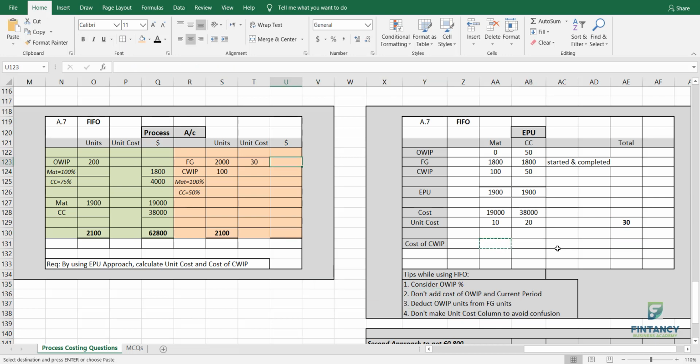So we will remove everything here like this. Okay. So we are here. See, we got the unit cost 30. Now, don't make this mistake of writing 30 here. Why? Because I told you the fourth tip, right? Don't write the unit cost here. So here you will not write anything. In this space, don't write anything. Okay? You can write here not applicable.